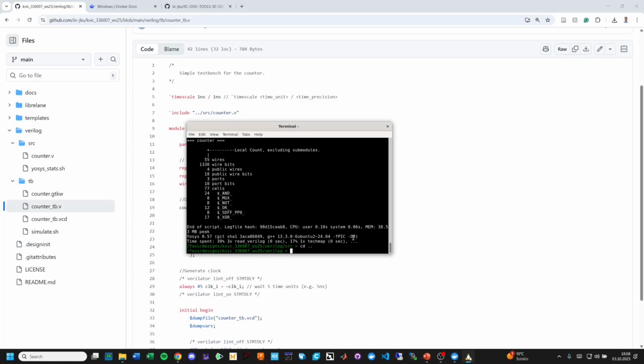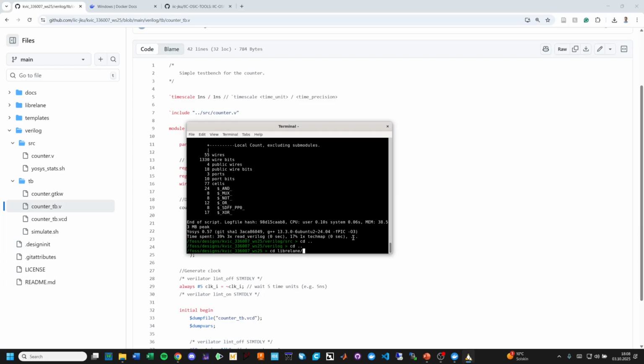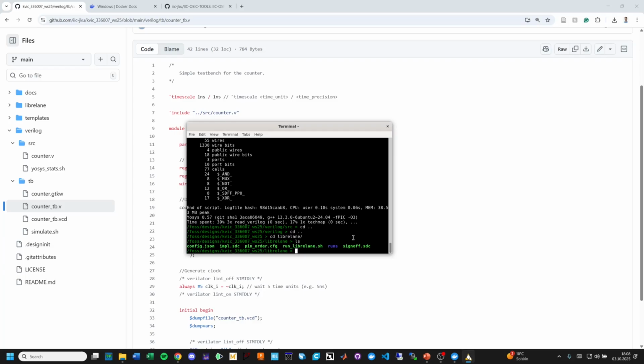Now we want to do a layout here. So we go to our LibreLane folder. Go one back. And here now we have our config.json. And when we now enter the LibreLane flow with --manual-pdk config.json, this should already work because we have the Sky PDK loaded in the design init file. If there is no design init file, and now the IHP PDK is loaded,